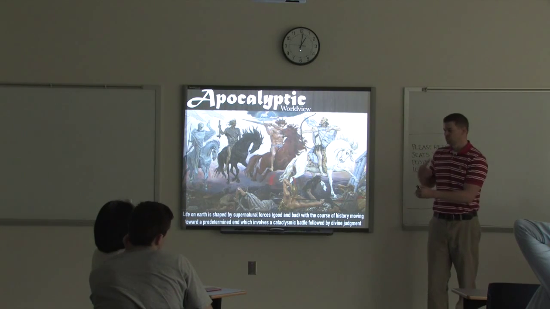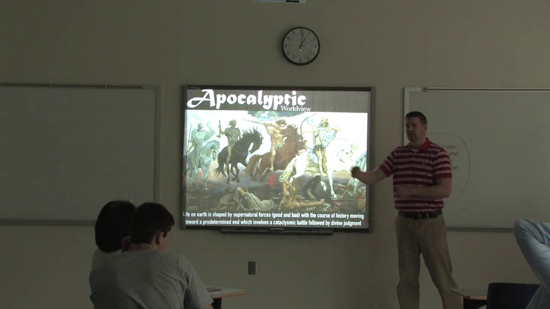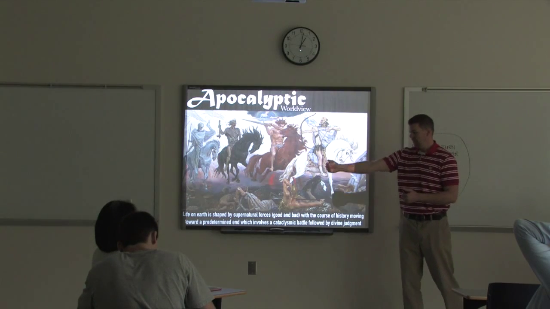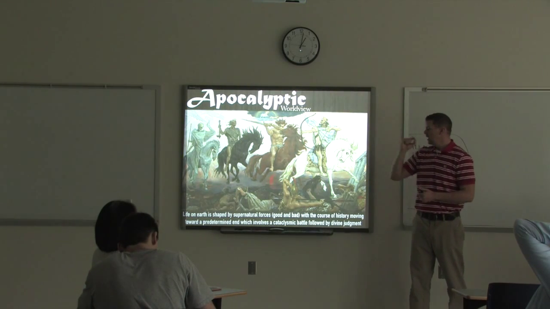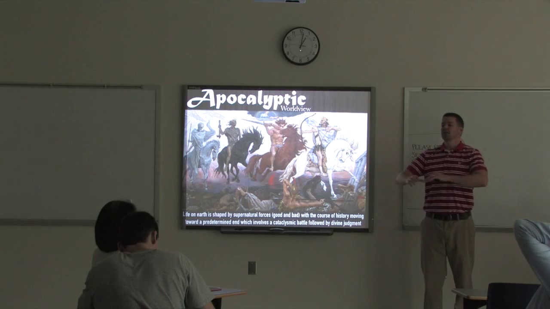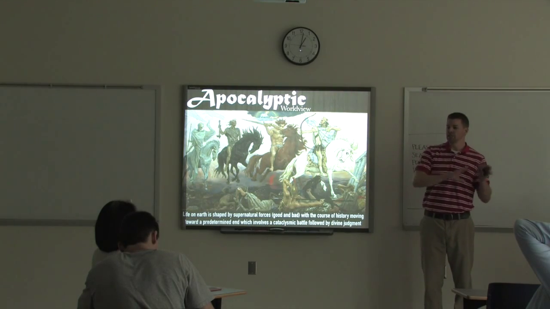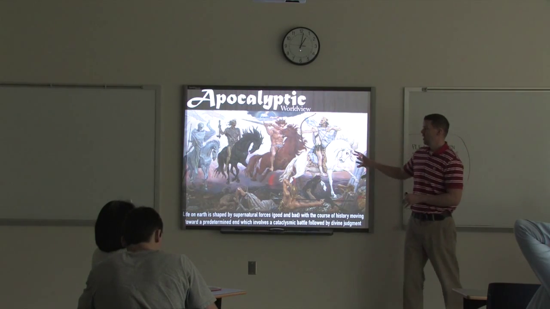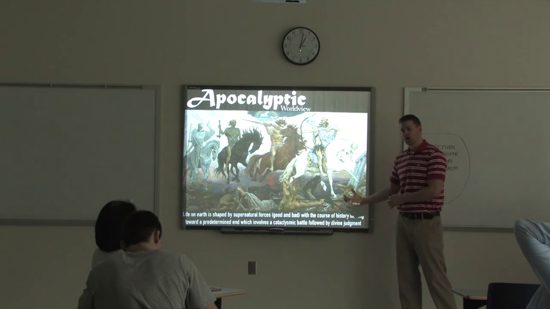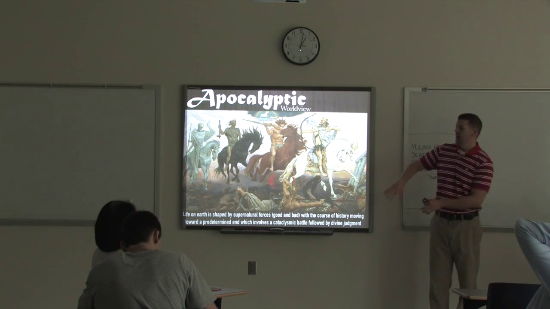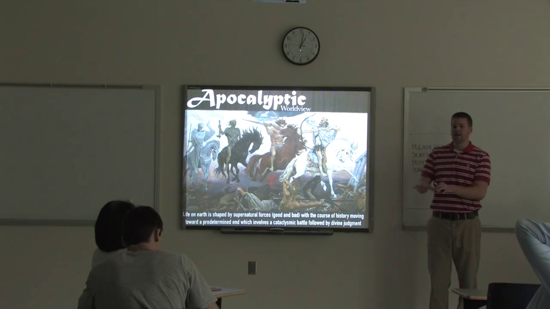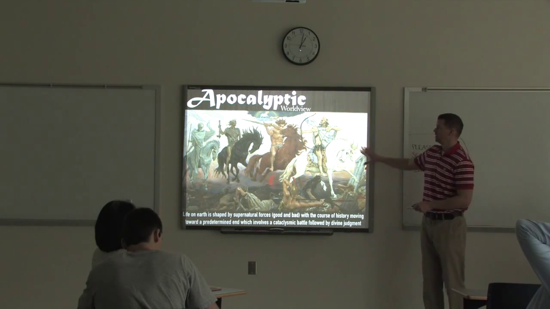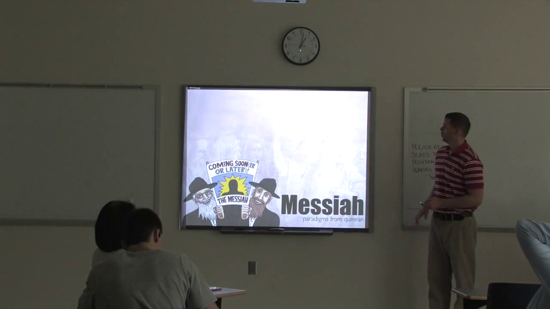And the course of history was running towards a particular end. It wasn't cyclical, it was going towards a particular end, and that's when it would end. In that end, there would be a cataclysmic battle, a huge fight between good and bad. And they thought they were on the side of good. They would be fighting with God and his angels, and after that, there would be judgment, and God would put down all of the bad. That was what they expected to happen any day at that point.